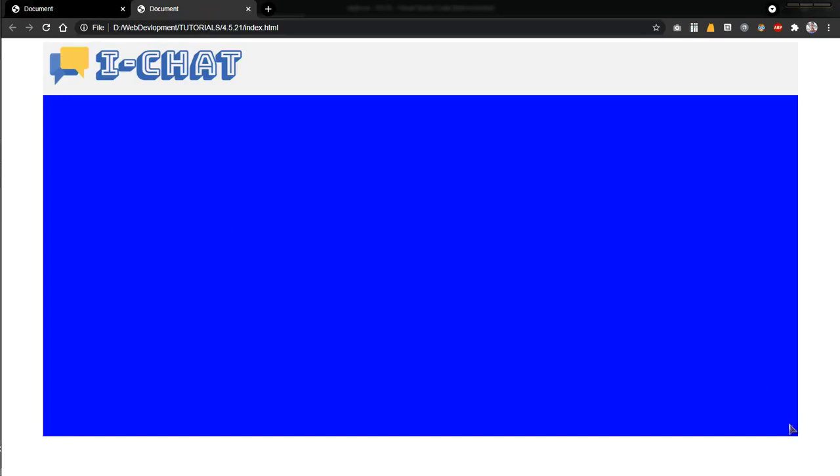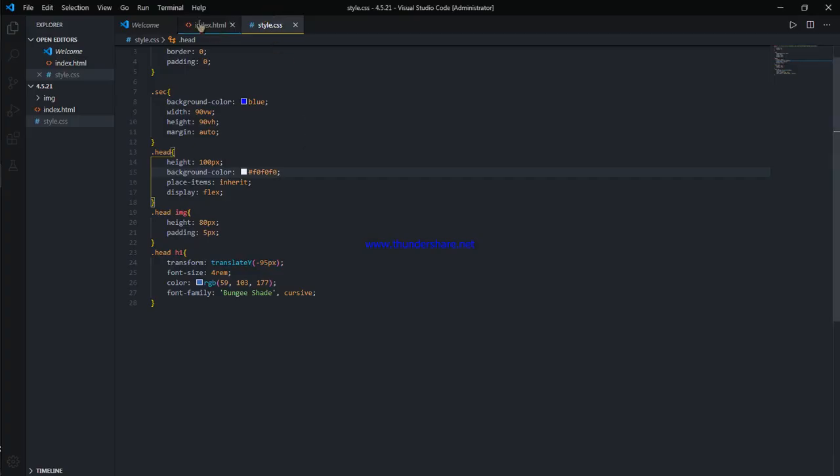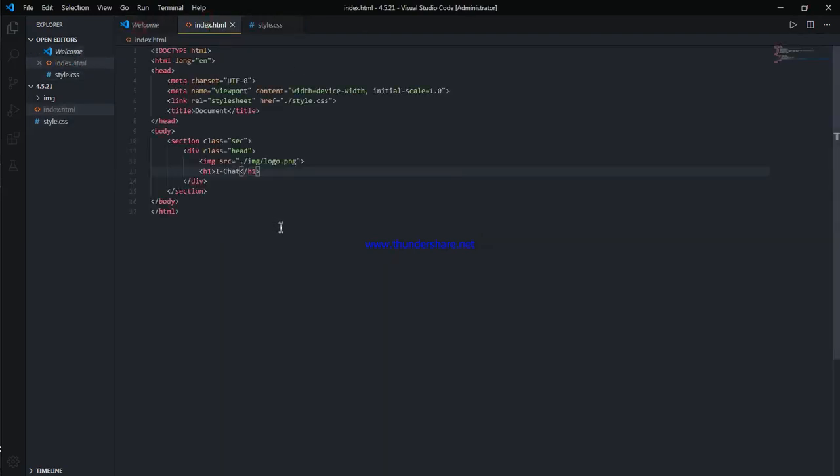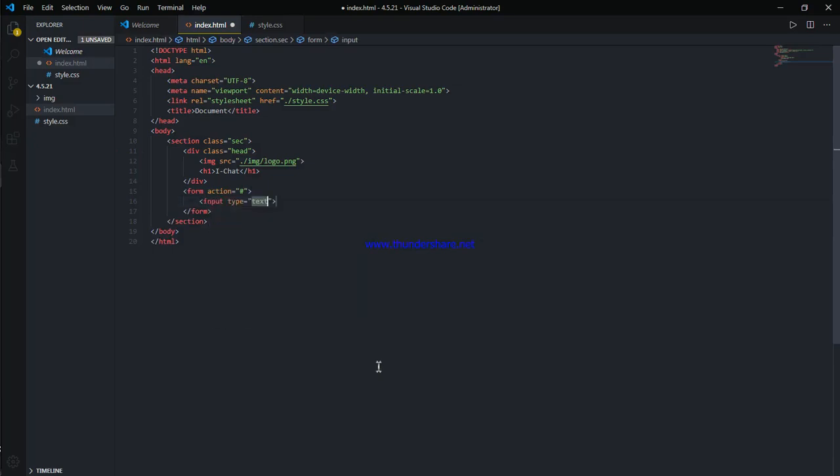The second thing is the bottom part, that is this. So we will add a form, for now just with the hash. We can add an input.